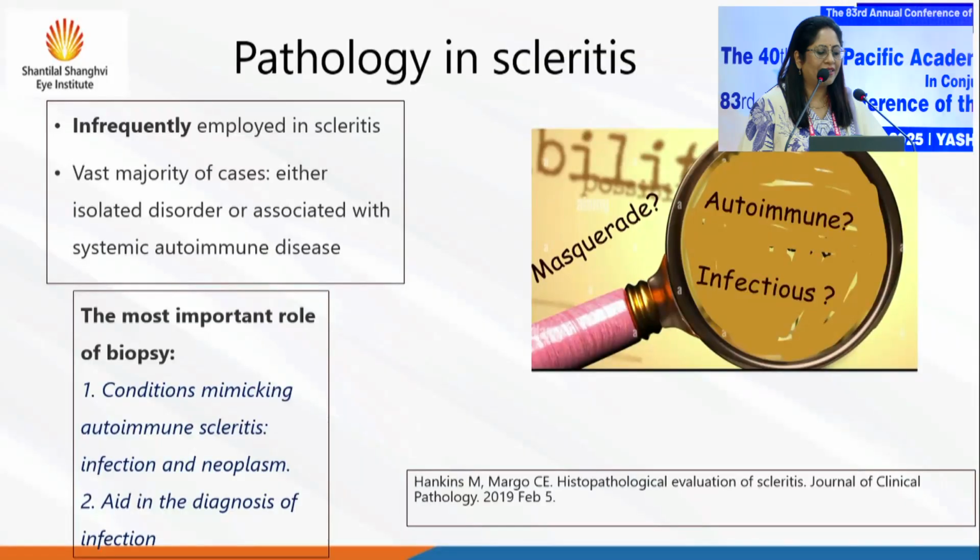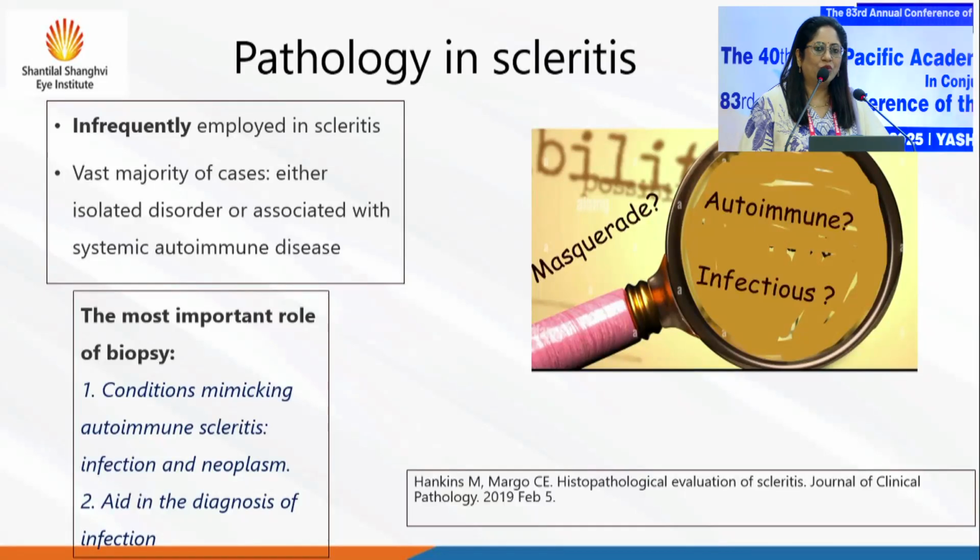Very quickly, this is what I wanted to say about pathology in scleritis. We know that pathology in scleritis is actually infrequently employed, unlike, say, for me, corneal tissue, where you really need the histopathology to figure out what's happening, and many other aspects of the eye. However, in the scleral tissue, how much can we biopsy? We take very small fragments of tissue and then we expect the pathologist to do some miracle from it and bring out the diagnosis. That is kind of hard.